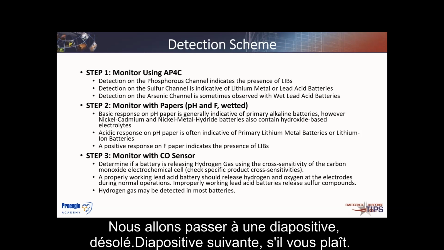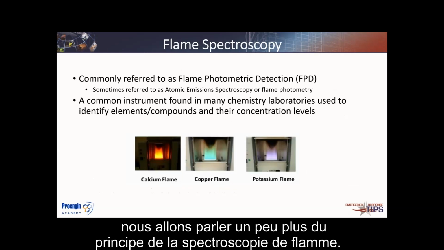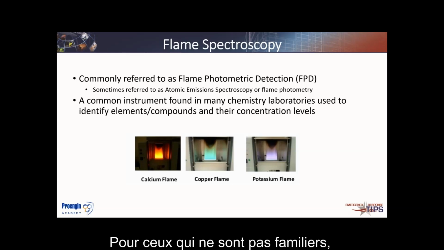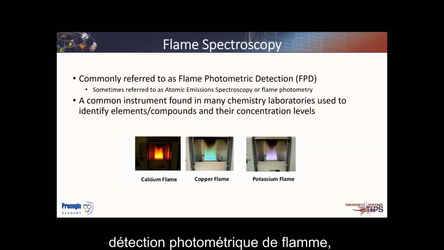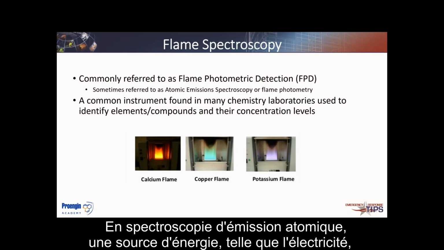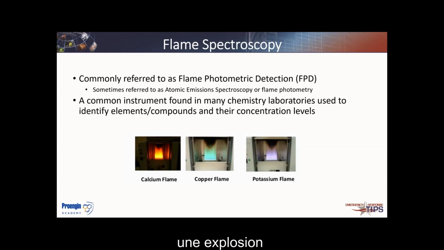Next slide, please. So first, just a quick overview of flame spectroscopy for those of you who may not be familiar with it. It can be referred to by a variety of different names. Flame photometric detection is part of an atomic emission spectroscopy process. It's just using a flame as one of the subcomponents of that. In the case of atomic emissions, you can use an energy source. That energy source can be in the form of electricity, it could be an explosion, or it could be a flame. What you're trying to do, in all cases,